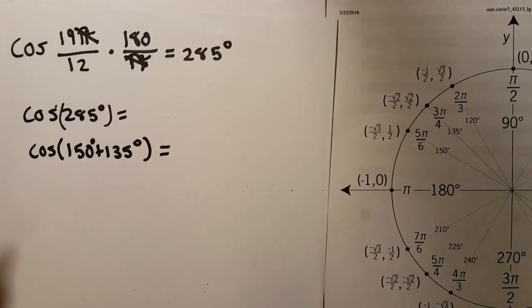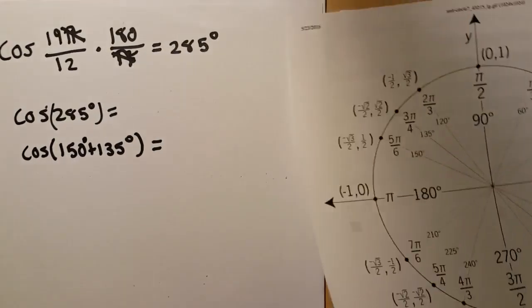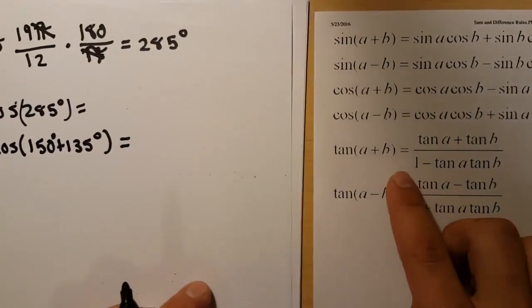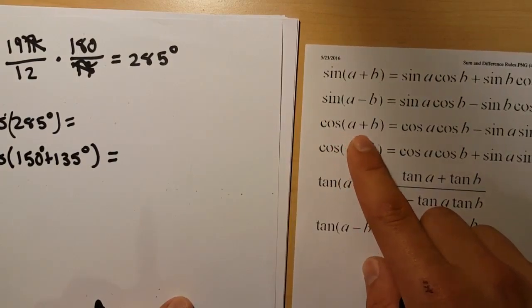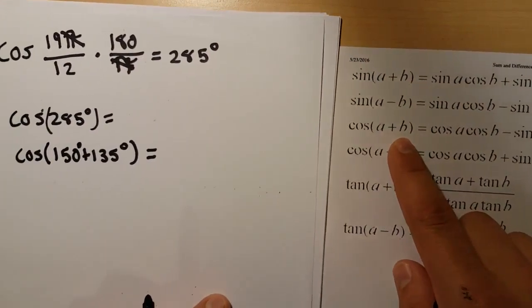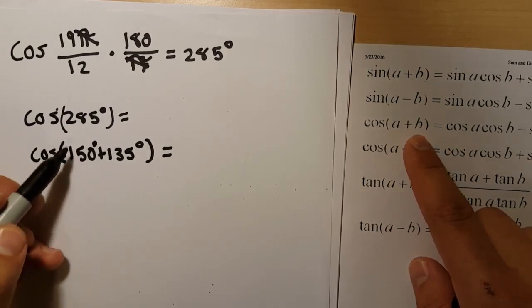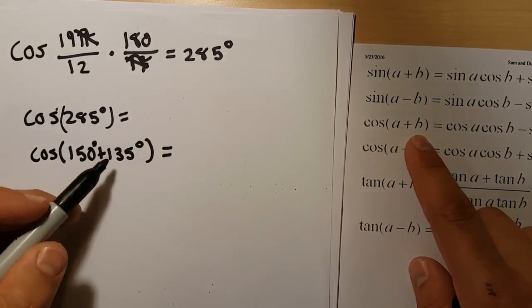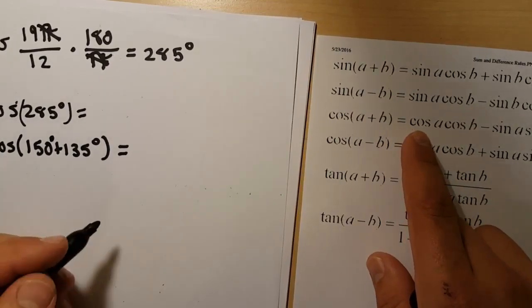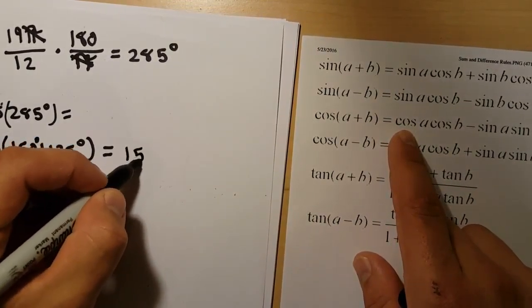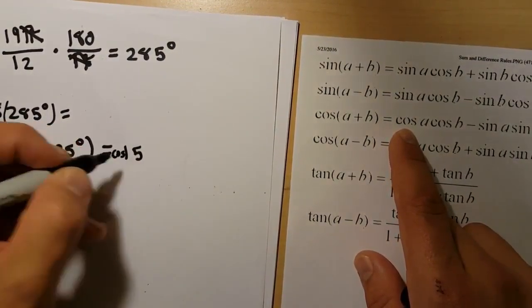And so now we look at our identities and we see that cosine A plus B. That's the identity that we need, because it's cosine and it's added. So we just plug in 150 for A and 135 for B. So cosine of A is going to be cosine 150